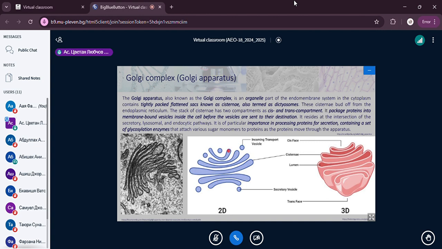We have a part which receives the transport, which is called the cis part, and we have a part from which the secretory vesicles are released, which is called the trans part, guys. So the cis part is usually oriented towards the nucleus or endoplasmic reticulum. The trans part is usually oriented towards the cell membrane, guys. As I said before, into the cis part come the transport vesicles. From the trans part get out secondary vesicles,